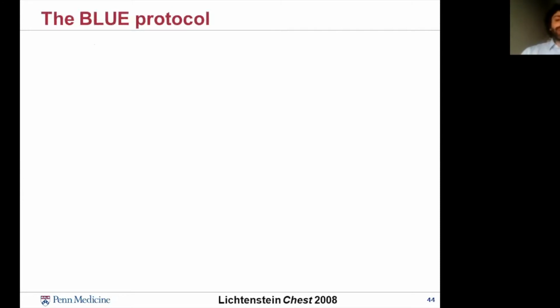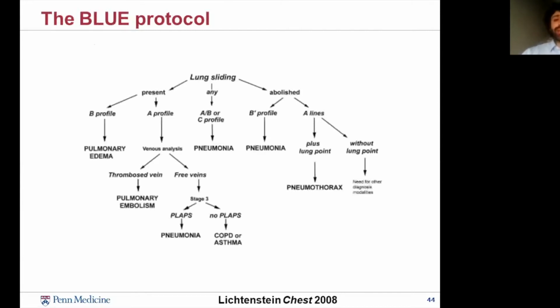Lung ultrasound is one of the things I'm most fascinated by because previously textbooks would state that ultrasound of the lungs was a useless endeavor because of the air scattering the sound waves. Lichtenstein in 2008 really proposed an algorithmic method to use just lung ultrasound to determine the shock state of a patient. And this was only for patients in respiratory failure, but if you think about what you're seeing here, it's